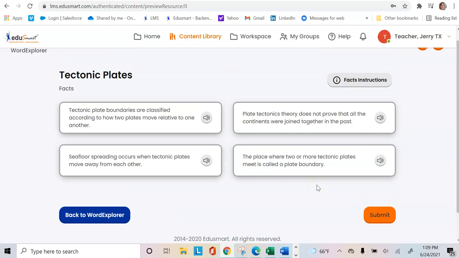Facts. Select one or more facts listed below that you think are true. Select Submit to check your answer. Notice text-to-speech again. And then if you need,